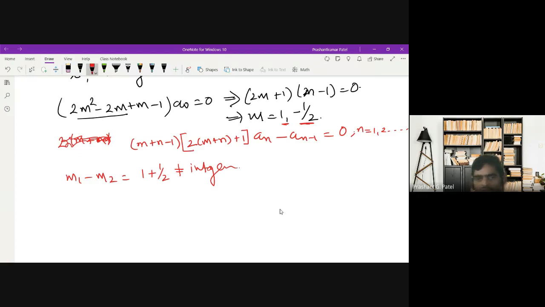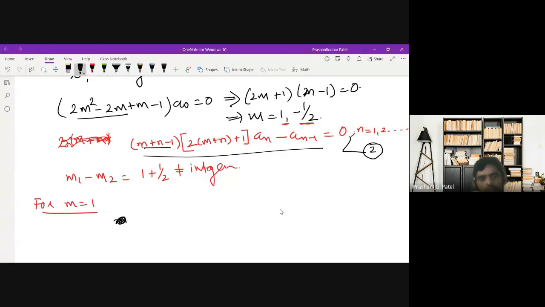Since this is not an integer, we have two linearly independent solutions by putting the values m1 equal to 1 and m2 equal to minus 1 by 2. So for m equal to 1, I need to calculate what situation we have. I'm calling this equation 2. Now if I substitute m equal to 1 into this equation 2, then we will have